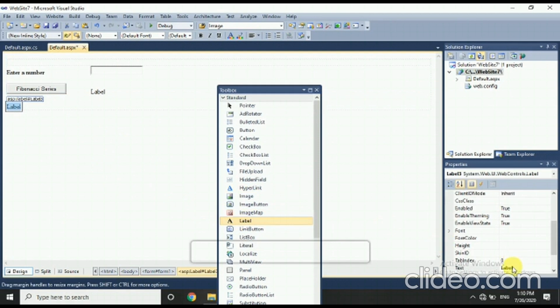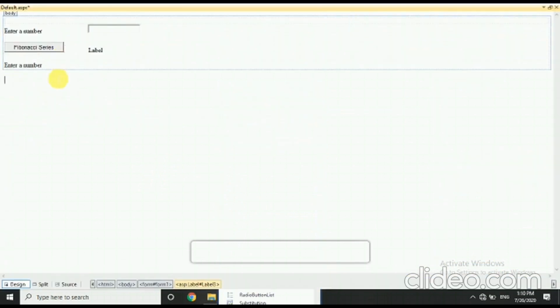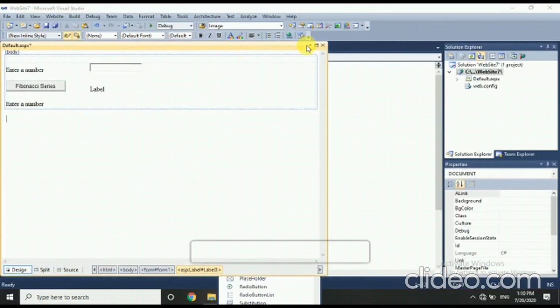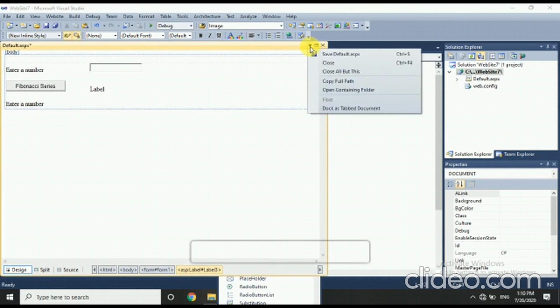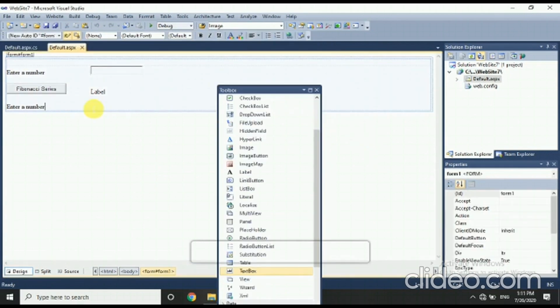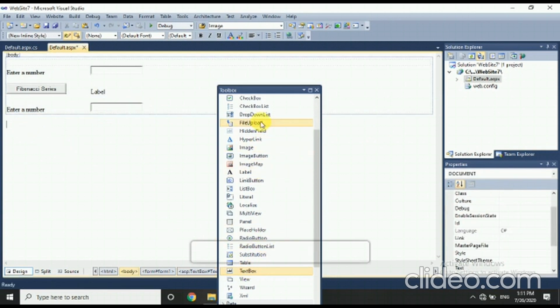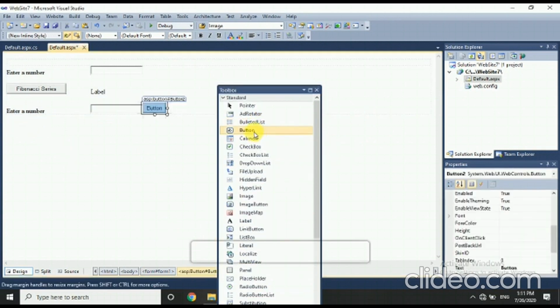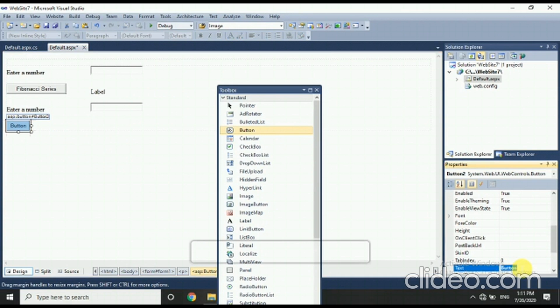Similarly, we have to make 3 more for prime number, reverse of a number and sum of digit of a number. Change text as prime number or not.